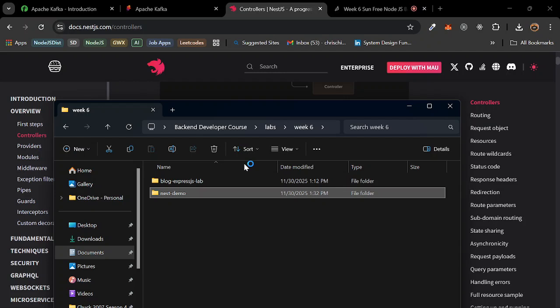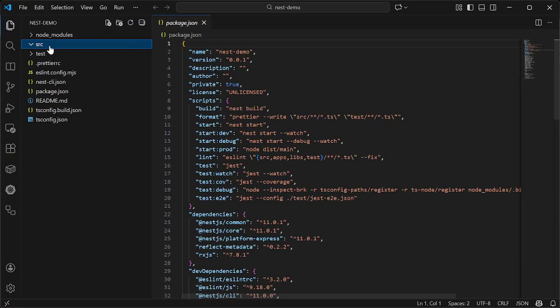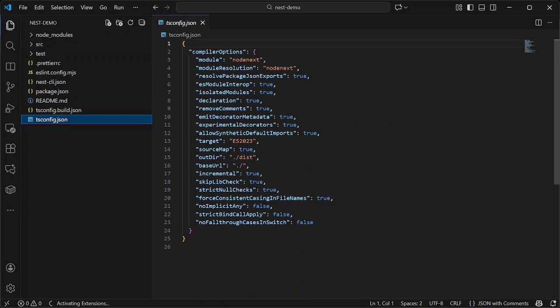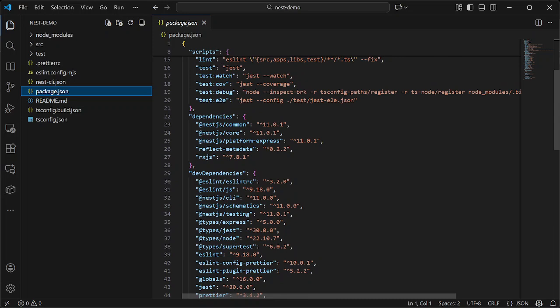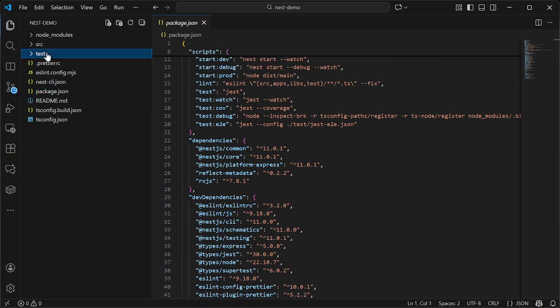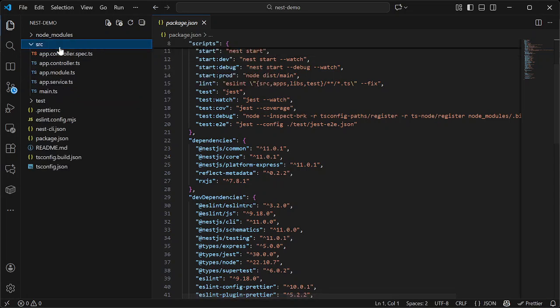Then controllers, right? So this is the project here. This is what it generated for us. It gave us a source folder, everything. The setup is in TypeScript, right? The default setting is TypeScript. Then it gives us the package JSON and everything. It came with some dependencies already. Even some tests are integrated already, right? This is what I call an integration test. So this is the folder here basically.